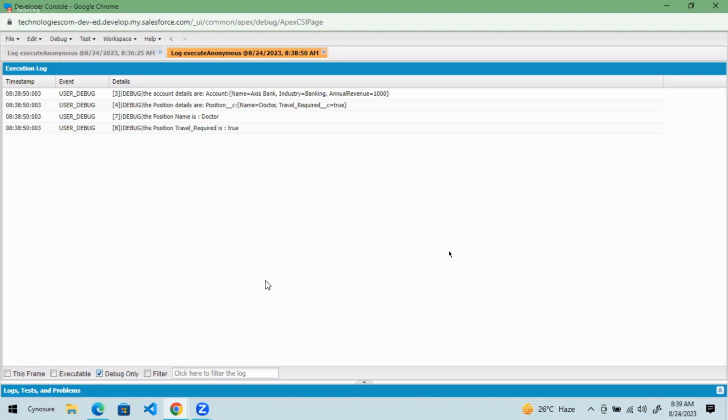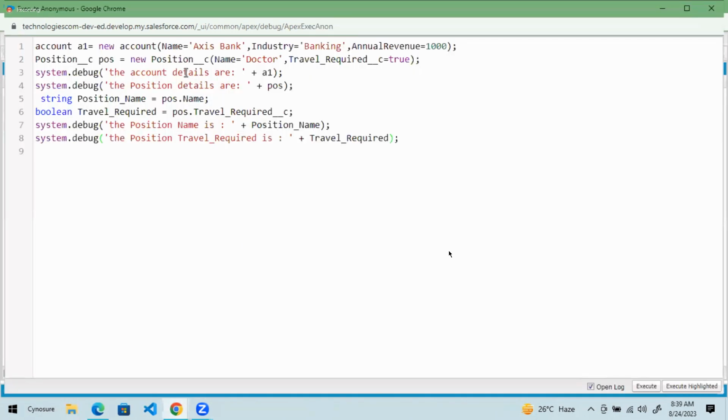Now are you able to understand what I am doing? If I want to store doctor separately, then I have taken the string data type. If I want to store travel required separately, I have taken the Boolean data type. But if I want to store all of these things together, I am using the account data type. Now is your doubt clear? You are asking me to store in this way. When I need, I can store in this way. But when I want to store the entire record, then I need not provide a data type for each and